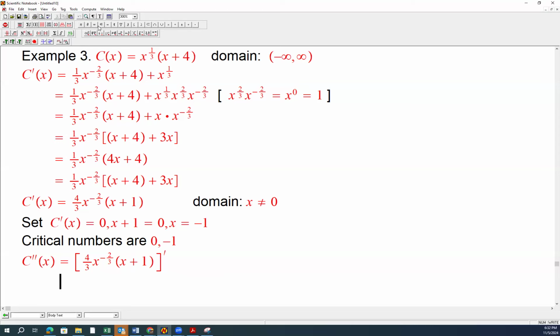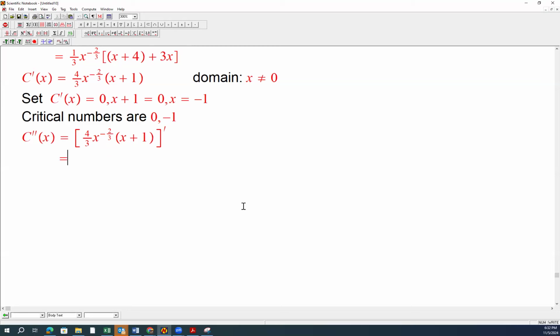To do this, I like to keep things simple. I'm going to bring this number outside, so in my derivative taking I'm not going to deal with it. I'm just going to take the derivative of this piece. Product rule. For the thirds, it's going to be outside the brackets. In the bracket, we're going to do the product rule. So it's -2/3